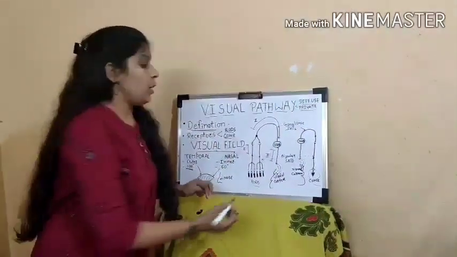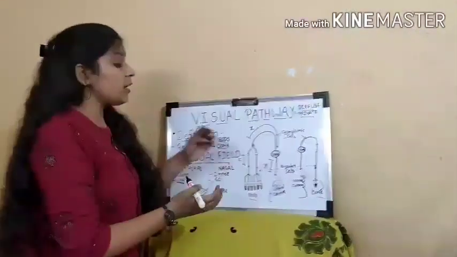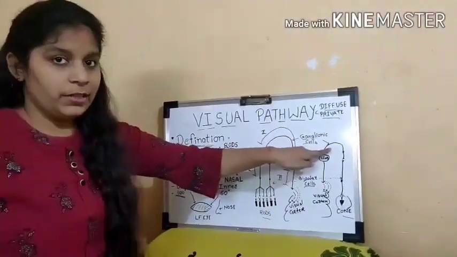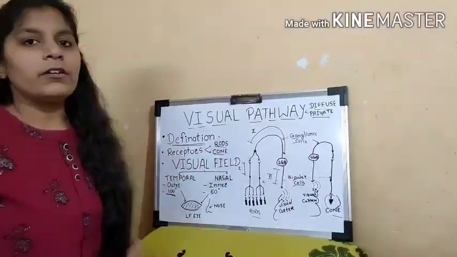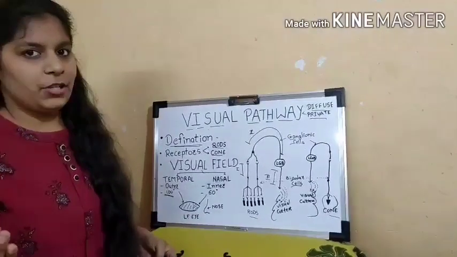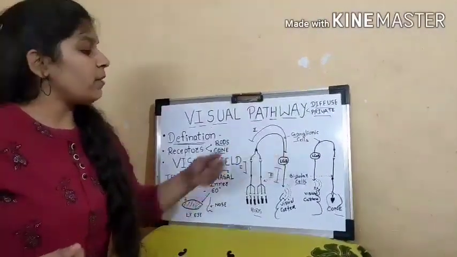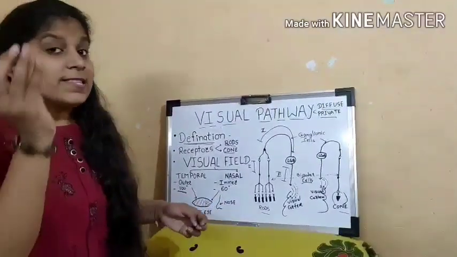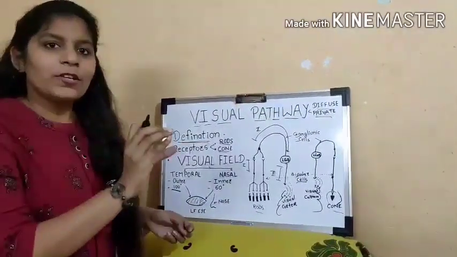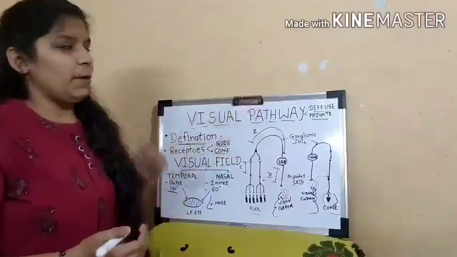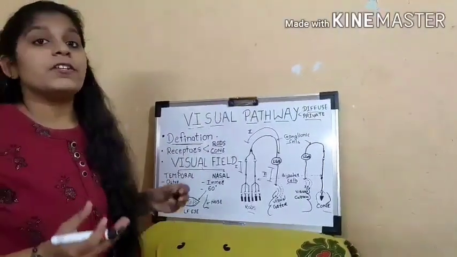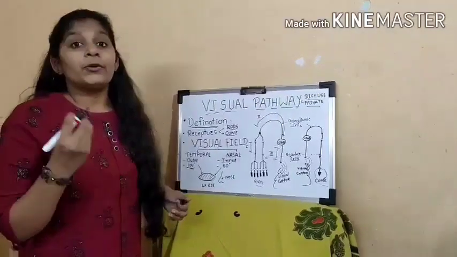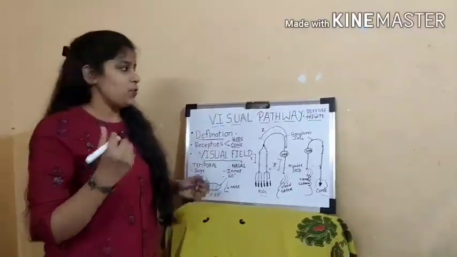In the private pathway, a particular cone cell is connected with a particular bipolar cell. The bipolar cell is connected with a ganglionic cell. By the optic nerve, it carries impulses towards the lateral geniculate body. In the private pathway, there is privacy. A particular cone cell is with a single bipolar cell, and a single bipolar cell with a single ganglionic cell. So it is called the private pathway. The private pathway is present in the fovea centralis. The private pathway is responsible for acuity of vision and visual discrimination.